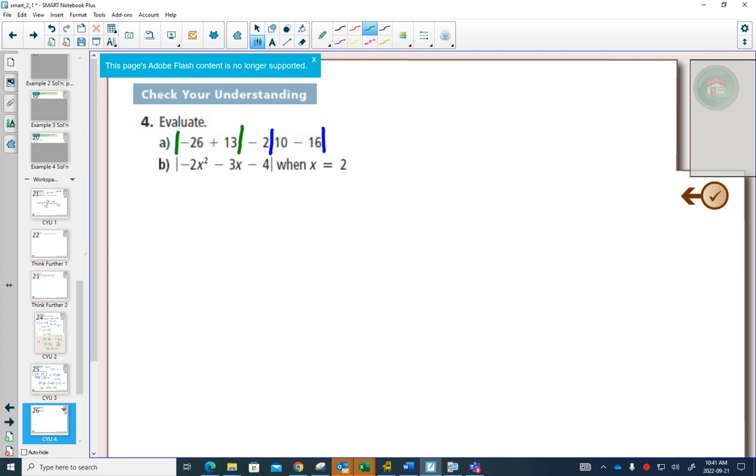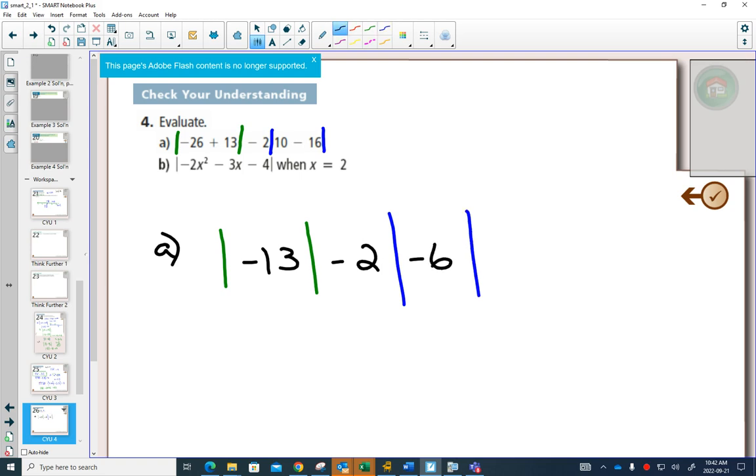So if I was simplifying this as part A, I would have -26 plus 13. Can you see that that would be, I'm going to color code this still, -13. And then I still have -2. And then I have my blue absolute value. And 10 minus 16 is -6. Wow. Things can get a little bit confusing here because we got straight lines and a whole bunch of